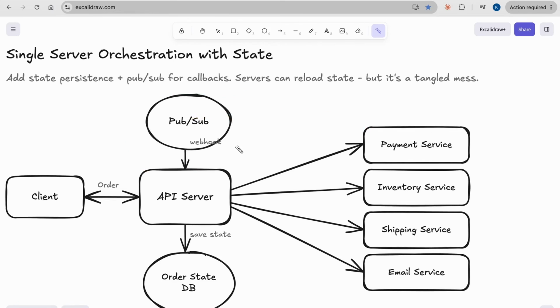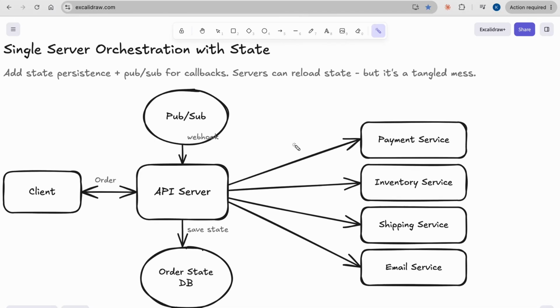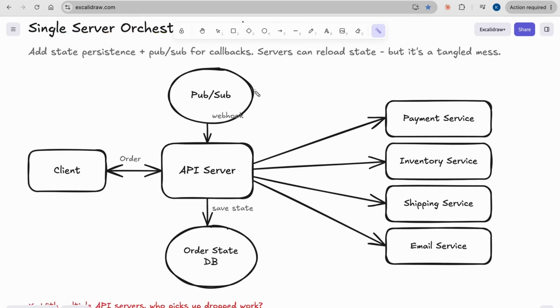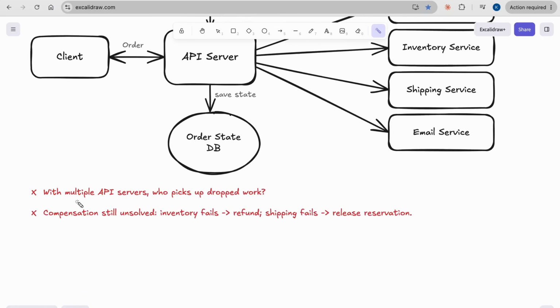Whichever server is free can load that order and continue where the last one left off. So this would look something like this: handling state with a DB, and pub/sub for callback handling. And now we still have a few more problems to solve even with this approach.